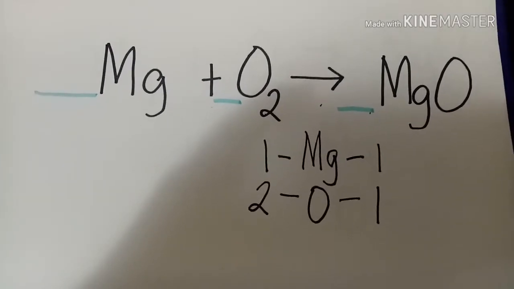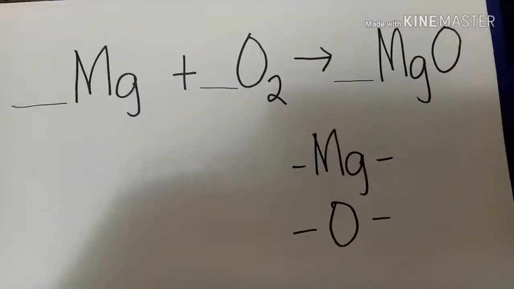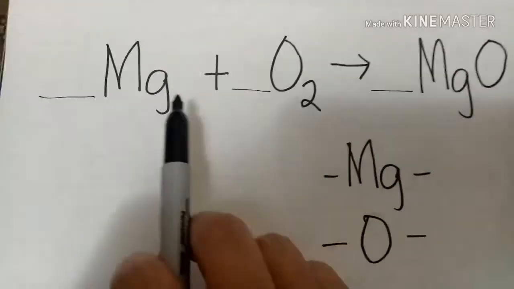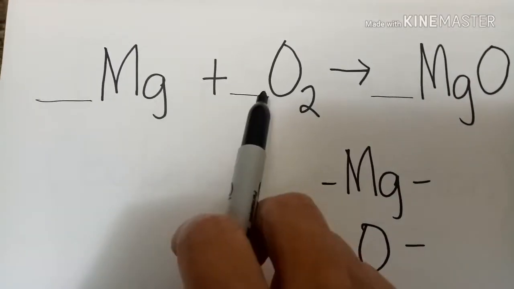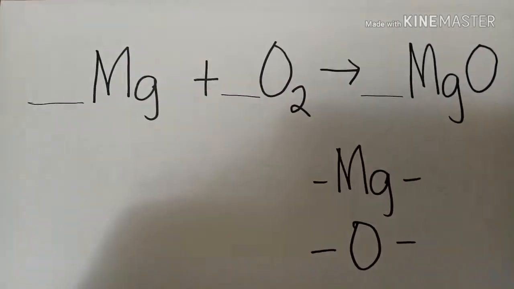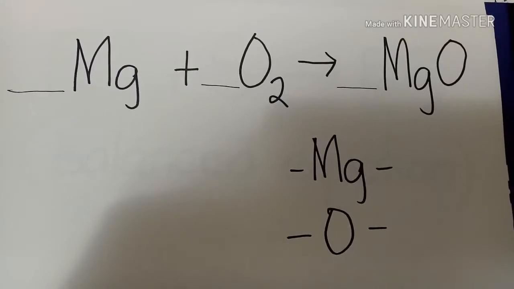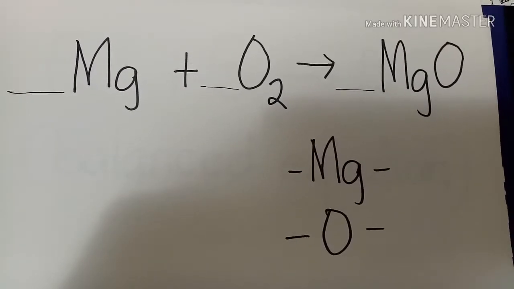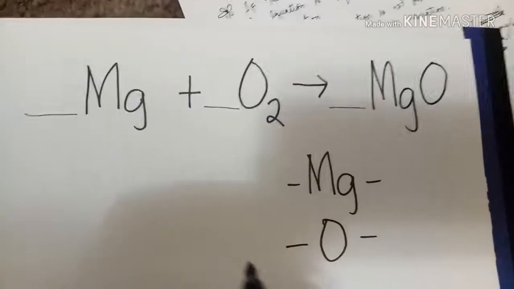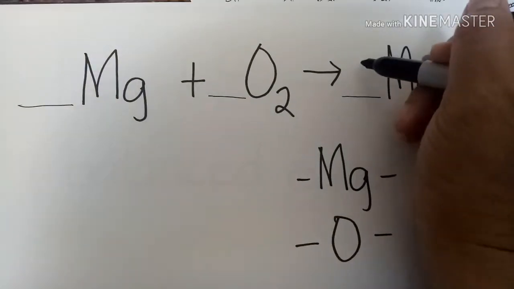So basically, it's not balanced. So what we will do is balance the equation. On the blanks, before the chemical symbol and chemical formula, that is where you are going to write your numerical coefficient in order to balance the equation. So I will write 2 for this side,